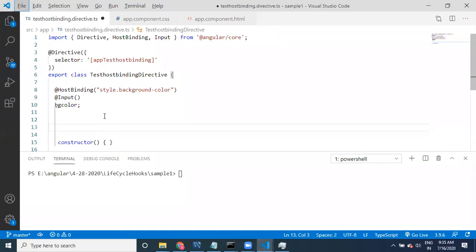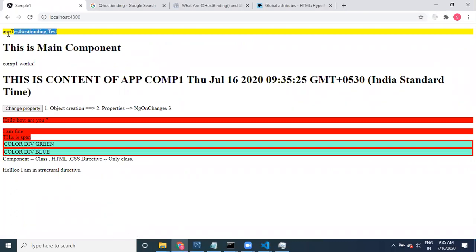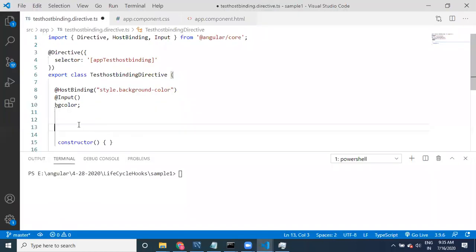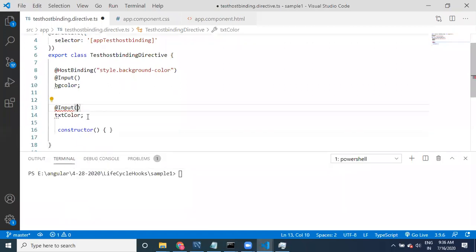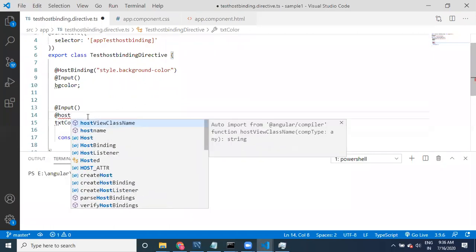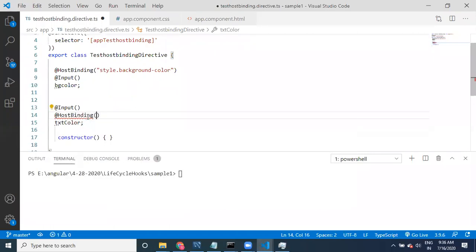Color means what? It is the text color. I want to focus on the text color property. I want to get it from input, and then @HostBinding. For which style do I want to bind this host?